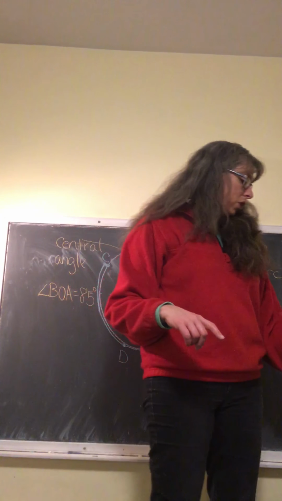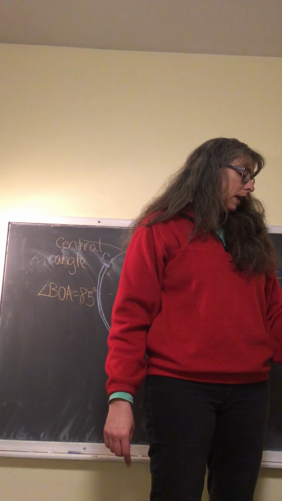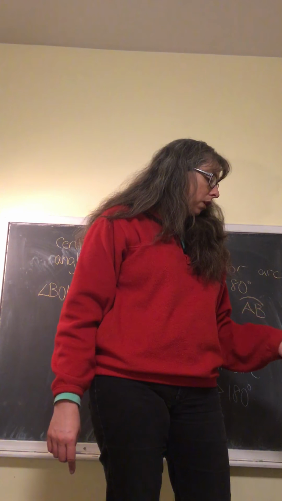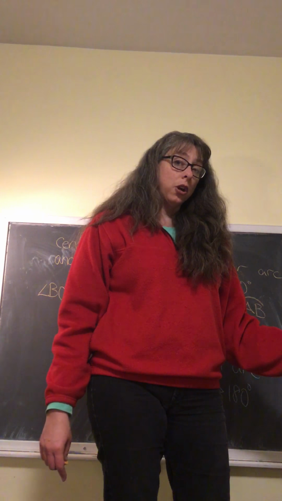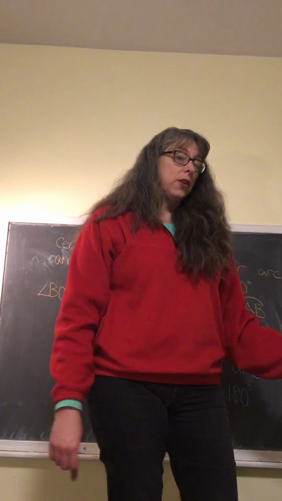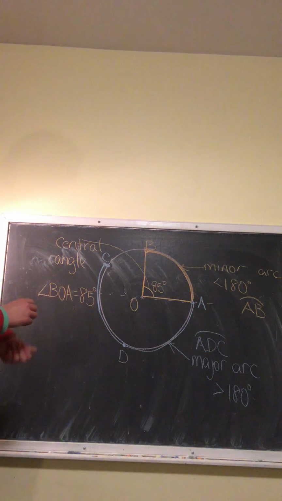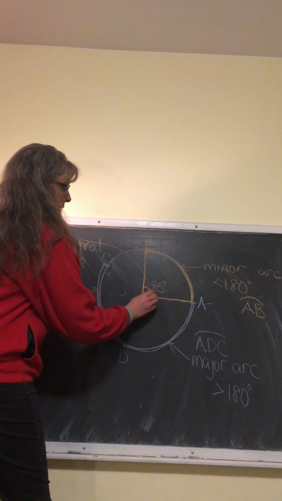So the definition there in the book on page 498 is: a central angle of a circle is an angle whose vertex is the center of the circle. And then down at the bottom of the page, the degree measure of an arc is the measure of its central angle. So in that case, if we looked at this big angle here,